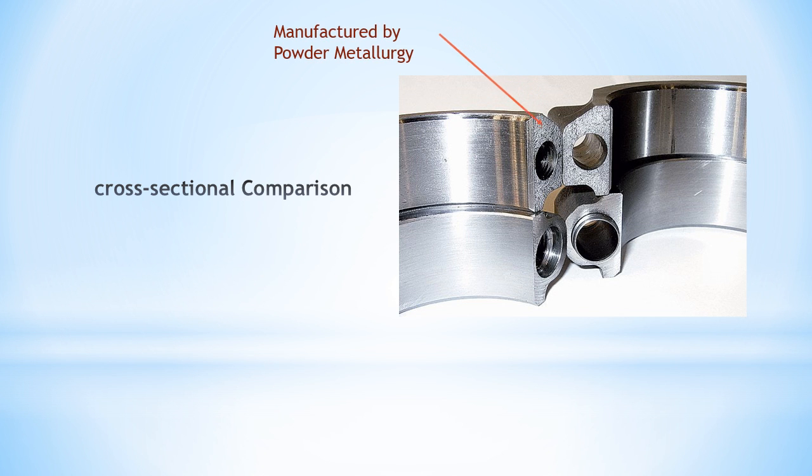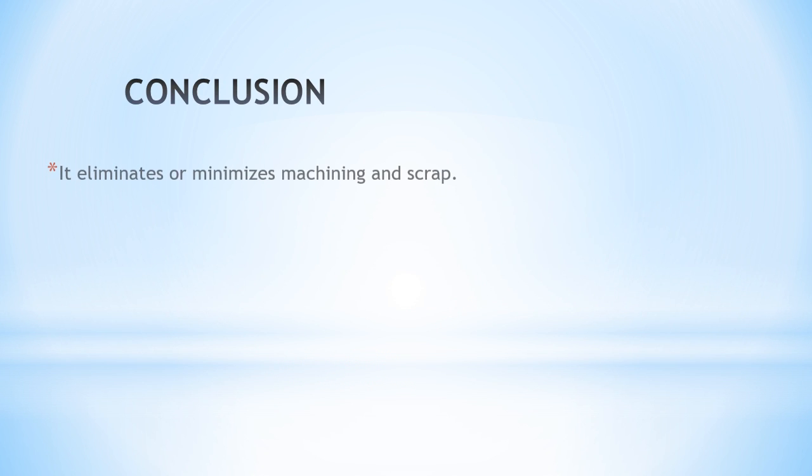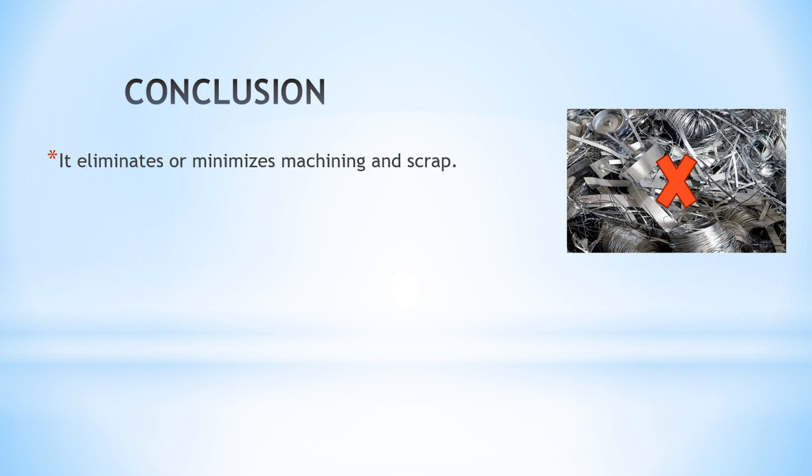In this image, we compare the cross-section of gears produced by both processes. It can be easily seen that the part produced by powder metallurgy has a porous cross-section, which is the evidence of a lightweight and high-strength part. To conclude, powder metallurgy is a versatile process for